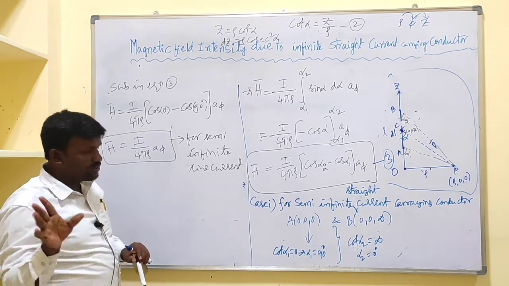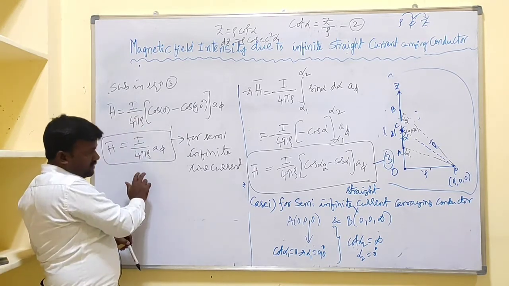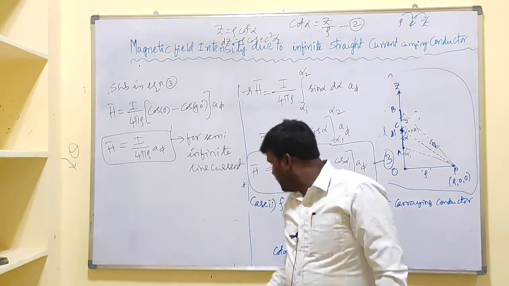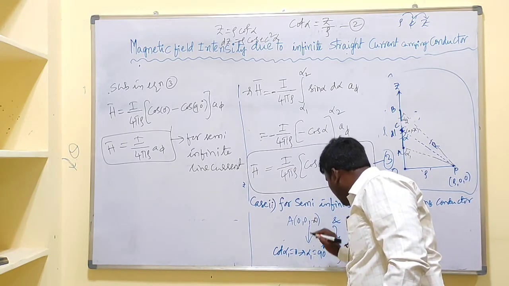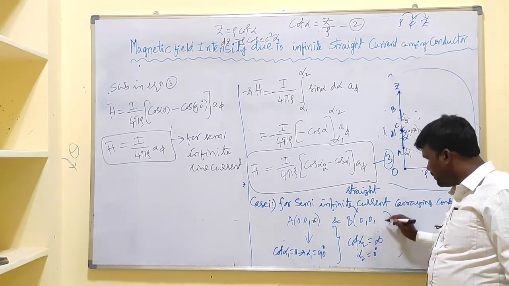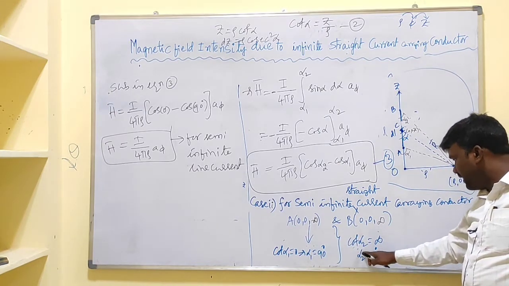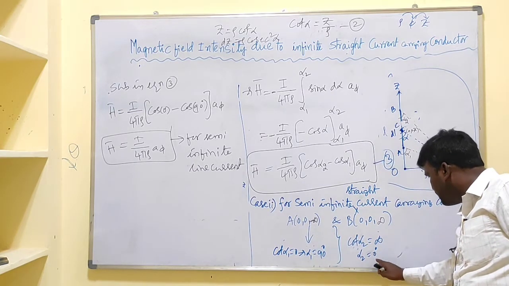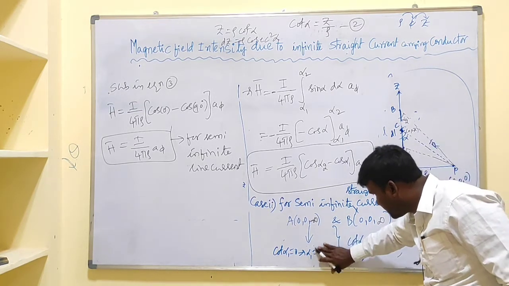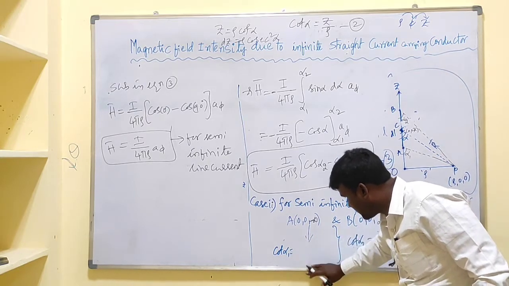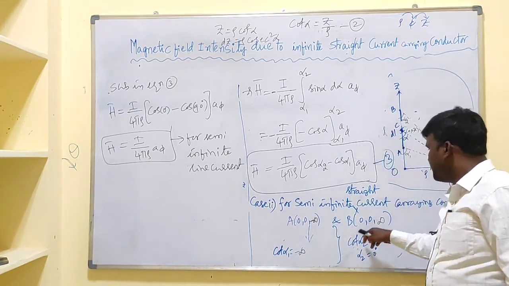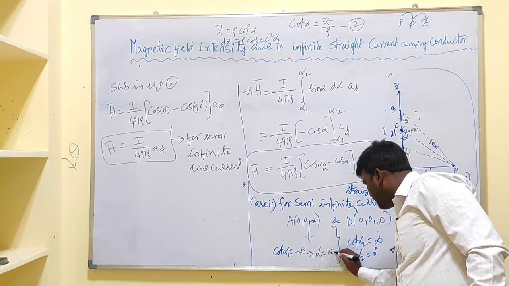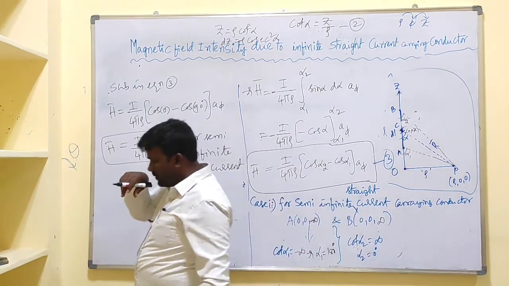Okay. Now let us go for case 2. I will modify only one thing. Infinite means what? A should be at minus infinity, 0 0 minus infinity, and B should be at 0 0 infinity. As it is infinity, alpha 2 is the same, that is 0 degrees, and here minus infinity. So as alpha 2 is 0 for infinity, alpha 1 is in this case minus infinity. Means what? There exists only a 180 degrees phase shift. Here 0 degrees, then alpha 1 is what? 180 degrees. Now substitute in equation 3.